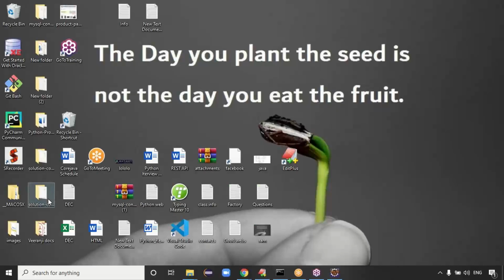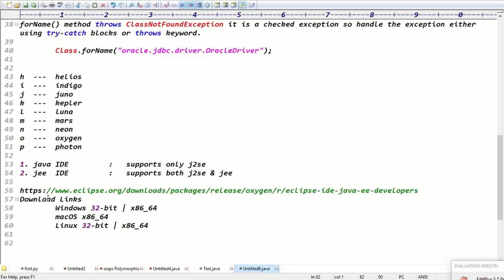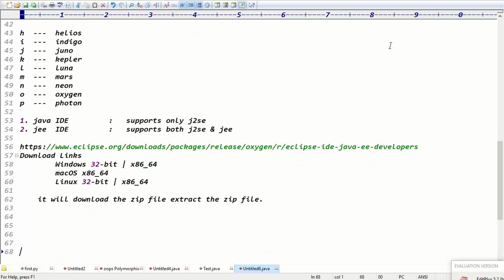Once the downloading is done, you get a zip file, guys. There is no installation process. Directly download the zip file and extract the zip file. It will not download an exe file, it will download the zip file. Extract the zip file, guys. Once we extract the zip file,